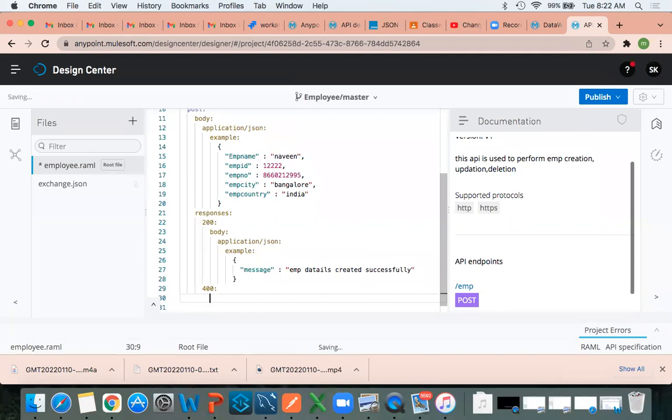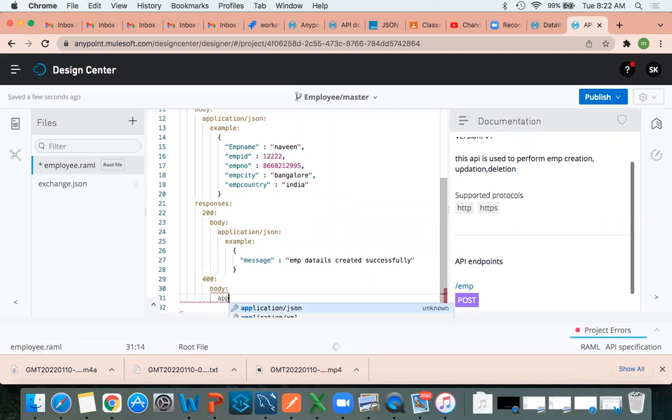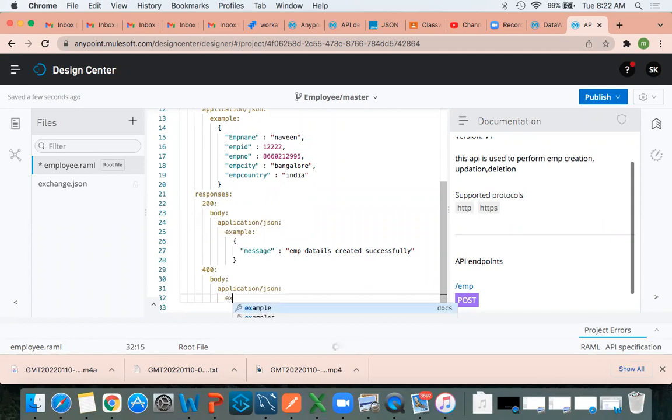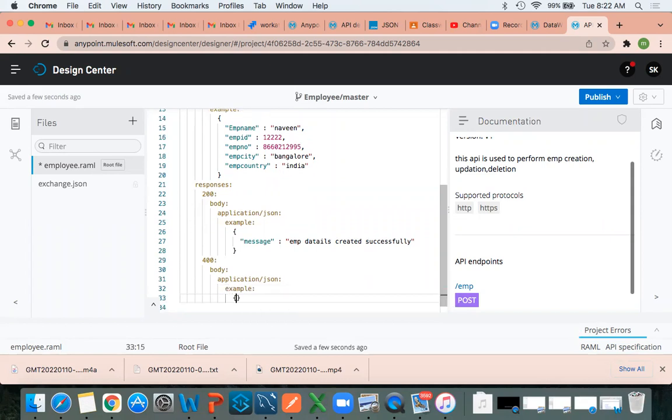What is the next step? Body, application JSON, example. That we already saw in the previous class. Here also I can show you in two ways. Body, application JSON, example.